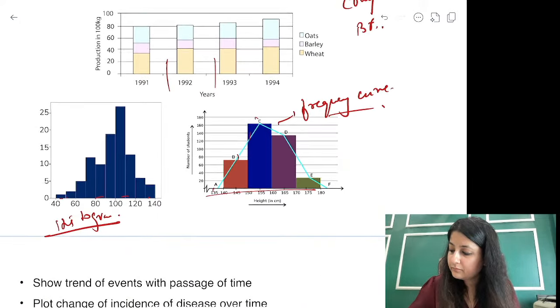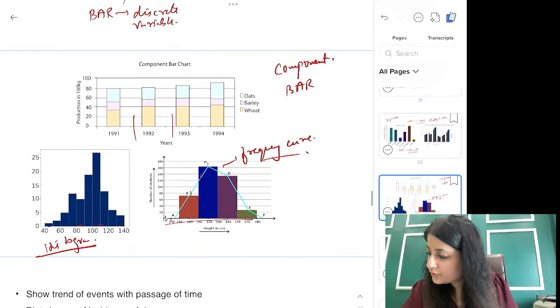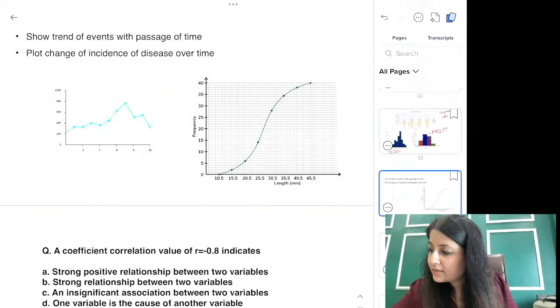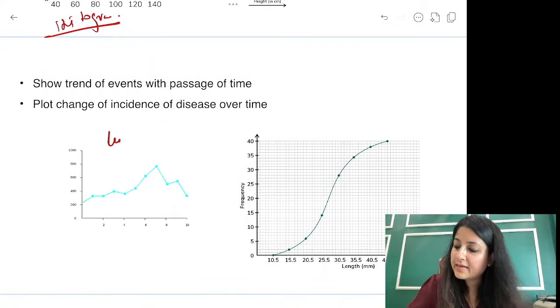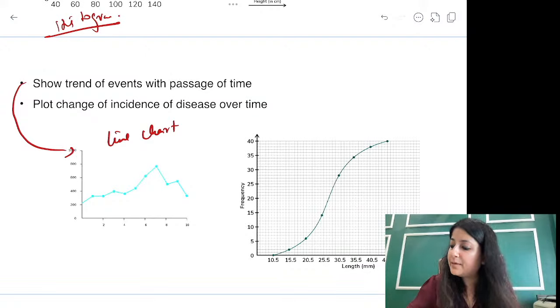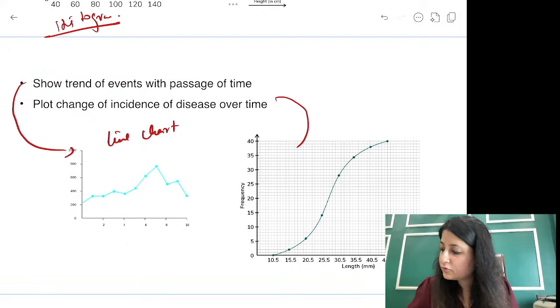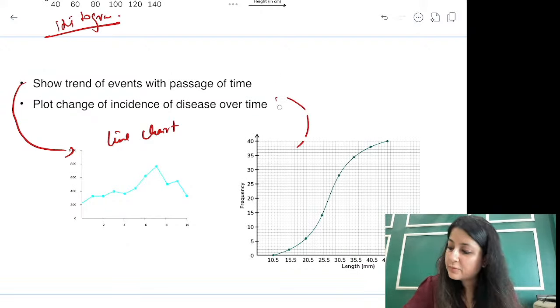ठीक है? Okay, let's go to another question. What is this one, everybody? This one is a line chart. It shows trend of passage with time, but plots change of incidence. Incidence, passage, ये दोनों क्या होता है? Line chart. But suppose